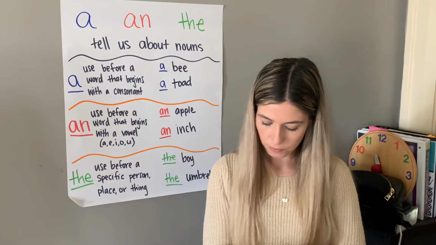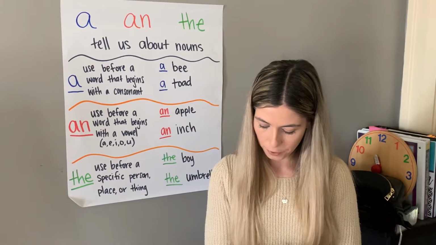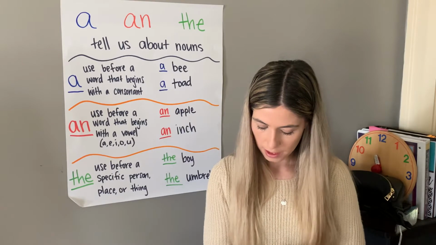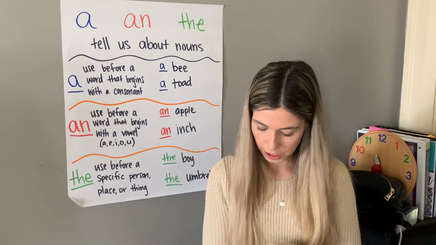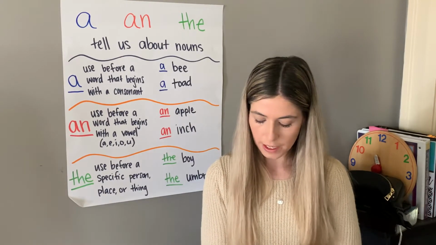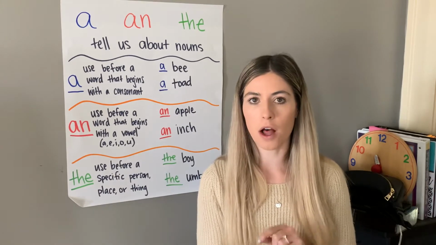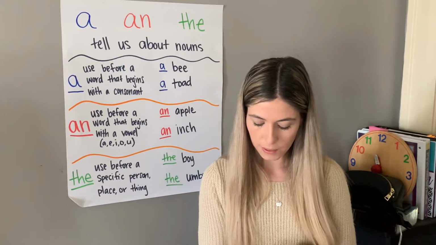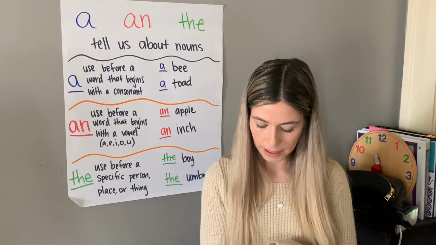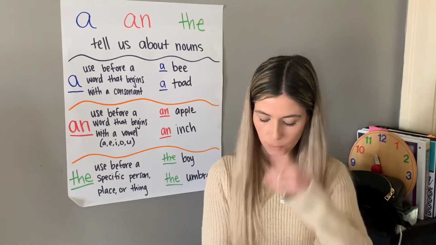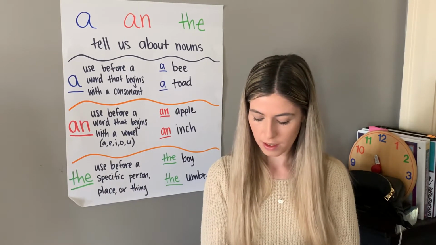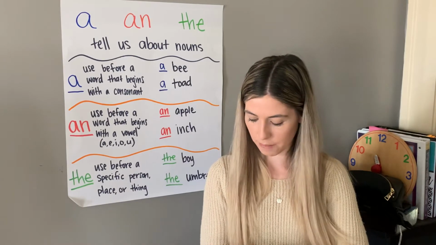Section 2, read the sentences. Use proofreader's marks to correct the mistakes. Use the delete mark to change a word. In the red box, it shows you all of our proofreader's marks. 3 lines to capitalize, SP to change the spelling, a swirly to delete something, a caret to insert something,